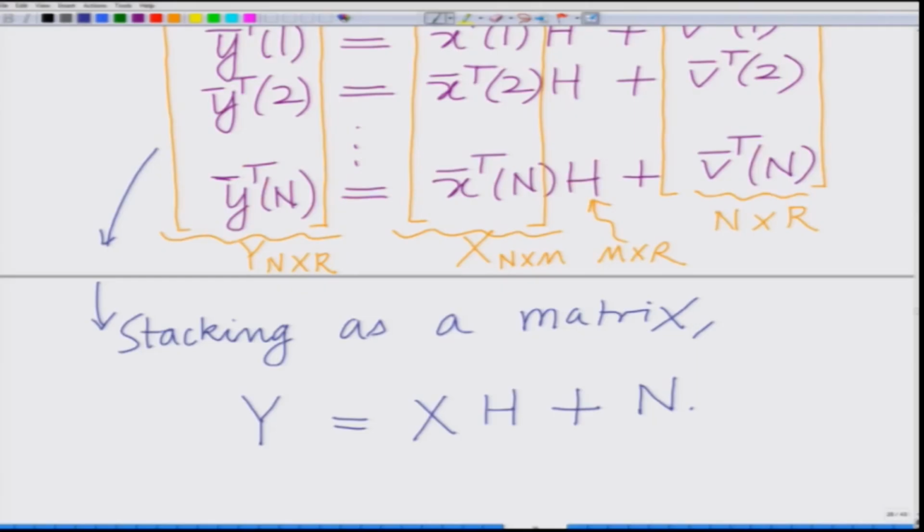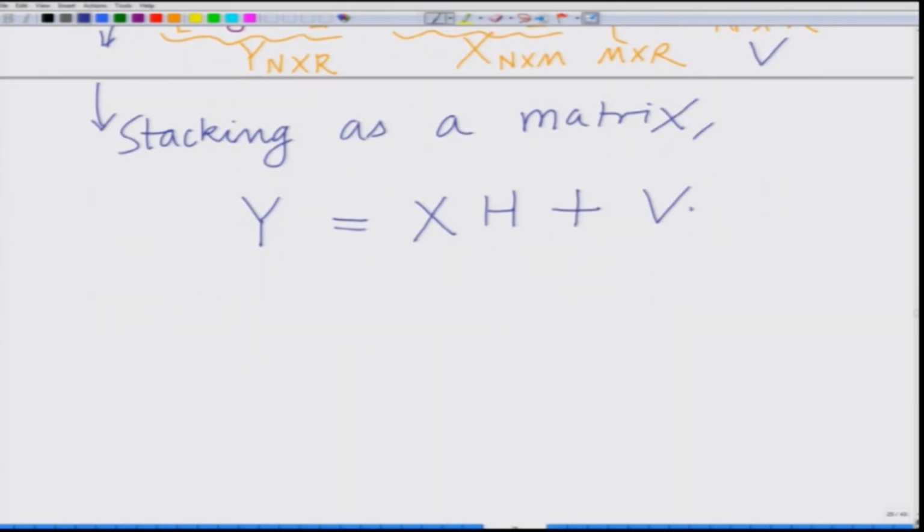Now you have matrices. Let me correct this noise matrix: we are going to call it V. So, this is your output matrix or observation matrix